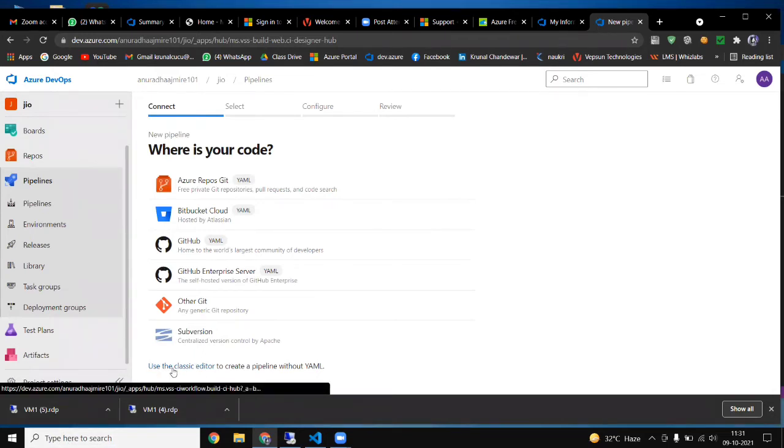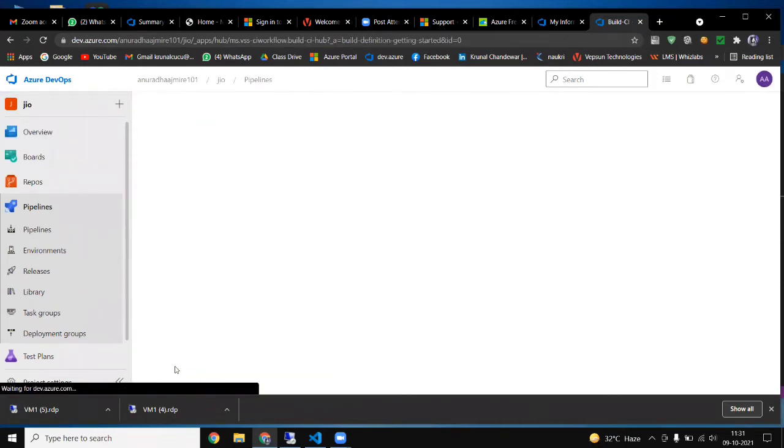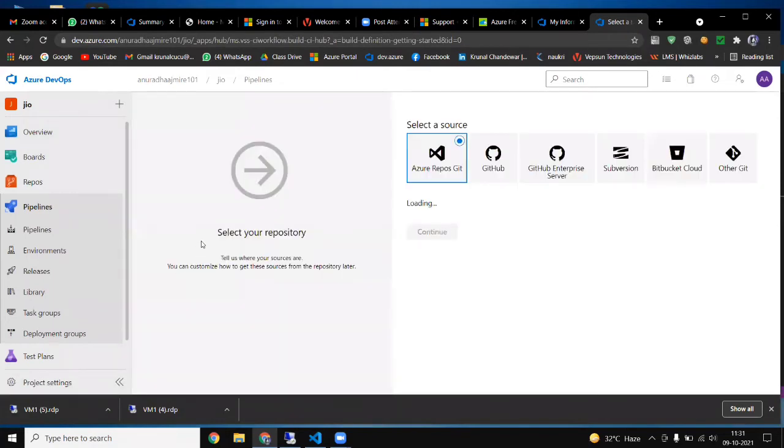So now I want to click here and see what will happen. I'm clicking on the classic editor, Krunal. After clicking, our classic pipeline dashboard is open. I am doing all this for your interest, because many students are aware of the Azure portal, but no one is aware of the dev.azure portal. After getting a look over this, you will search on YouTube every day, and you will get more interest to learn it.